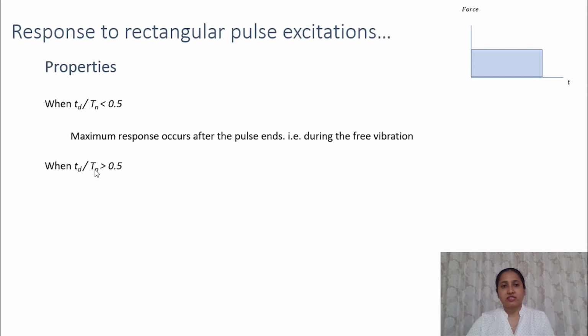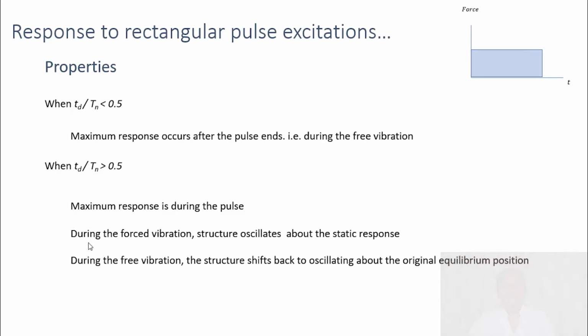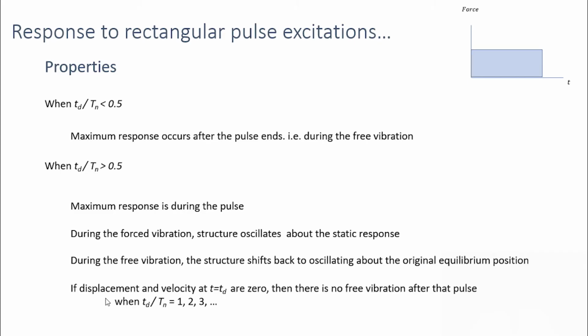And when Td by Tn is greater than 0.5, the maximum response is during the pulse, that is during the forced vibration. During the forced vibration, the structure is oscillating about the static response, and during the free vibration, the structure shifts back to oscillating about the original equilibrium position. And if the displacement and velocity at t equal to Td, that is when the force ends,